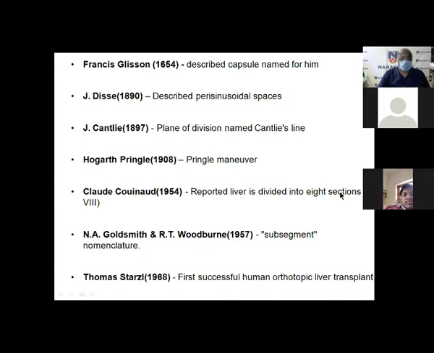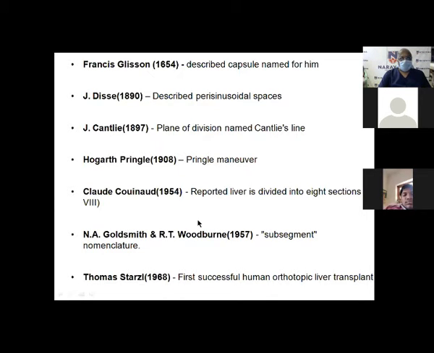Next, the physiologists, physiologists turned anatomists, found out the perisinusoidal space of Disse, where the exchange of metabolites takes place. Cantlie's line changed the anatomy of the left and right lobe. Pringle taught us how to control the bleeding from the ongoing supply into the liver by simply pressing on the free border of the lesser omentum, where both the hepatic artery and the portal